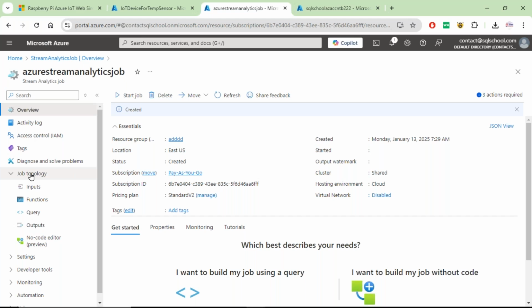Select this job topology. Next. Once you go to job topology, from here,